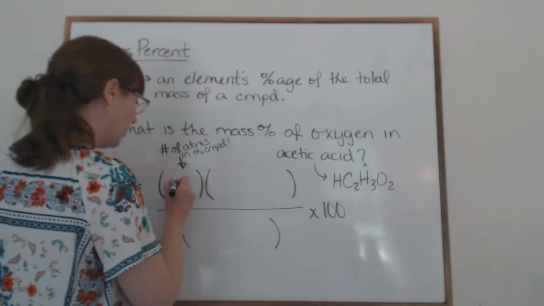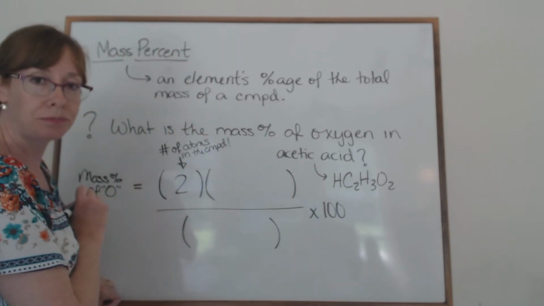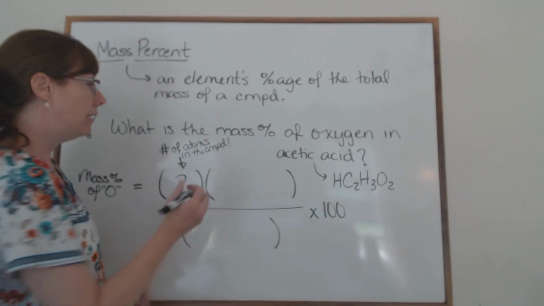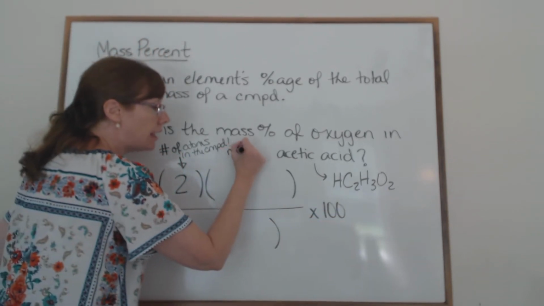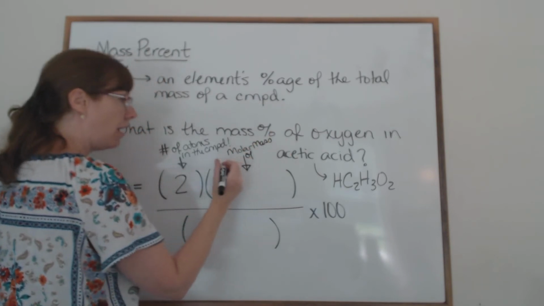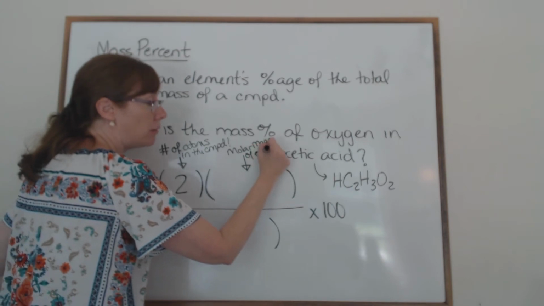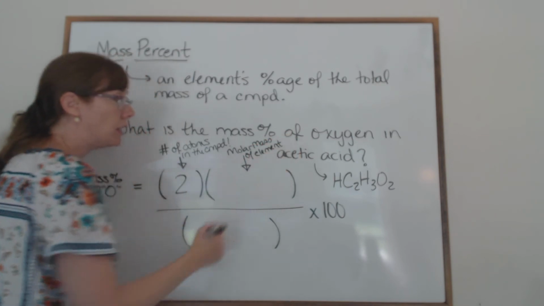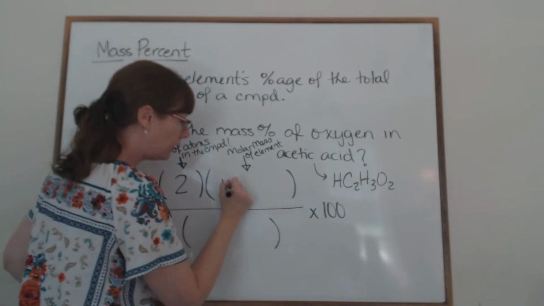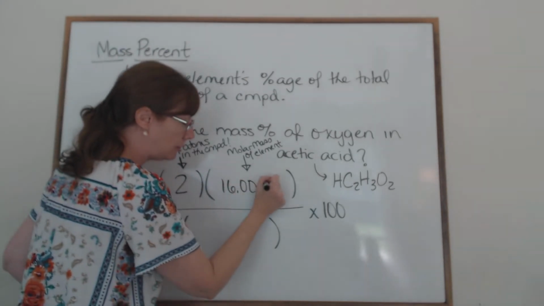There are only 2 here, so you write a 2 right there. 2 oxygens. The next number is the molar mass of the element your question is about. This question is about oxygen, so you write the molar mass of oxygen, which is 16.00